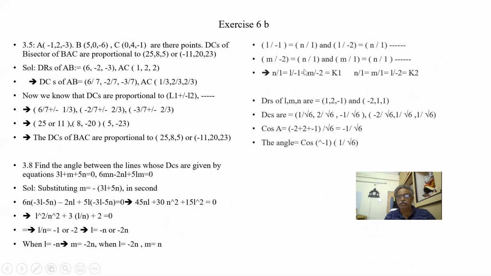So once we get the DCs of both lines, it is easy to calculate cos theta: L1 L2 plus M1 M2 plus N1 N2. So the DC is 1 by root 6. If I don't put root 6 here, this will not appear. Then it will be wrong. These are DRs because they are more than 1, plus or minus 1. They are proportional. Okay. So with this, we understand a line's direction cosines, a line's direction ratios, how perpendicularity, how sine theta and cos theta come into the direction of this. Okay. We have to do more and more practice, more and more problems.